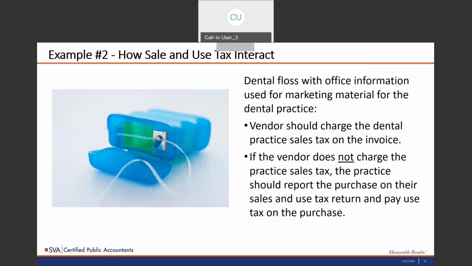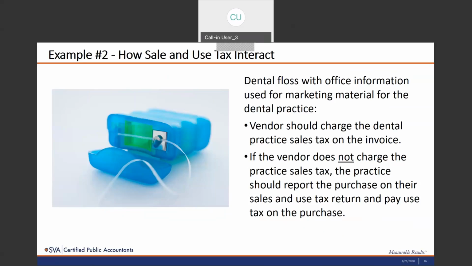Another example is with regards to dental floss that you may get with the practice information that you're using for marketing. We've got dental floss here, it could be toothbrushes. The vendor should charge sales tax to the practice when they buy that product. So again, if you're buying 500 toothbrushes, you've got the logo, the practice name, all that sort of information on those toothbrushes. And when the patient visit is done, you're giving that away in a bag to the patient along with maybe some